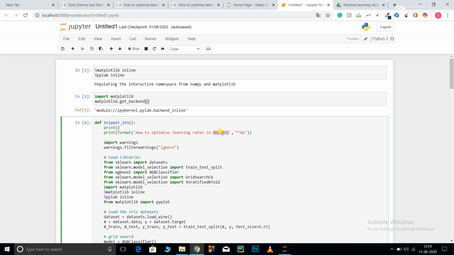XGBoost is a derivative of the gradient boosting method, but the thing that makes XGBoost different is the power of parallel processing. XGBoost can parallel process multiple tasks at the same time, thus making it faster as compared to conventional gradient boosting regression. It also has an inbuilt regularization parameter which prevents your model from being overfitted, and it could also do feature selection for you.